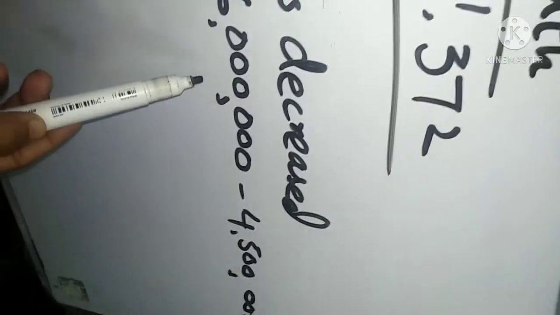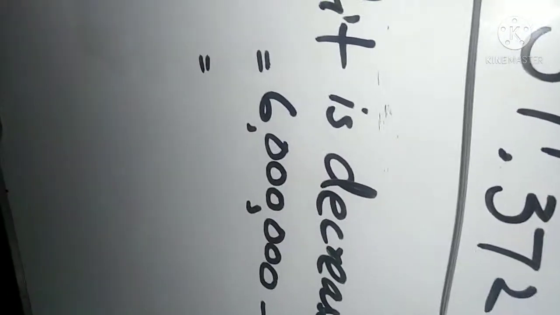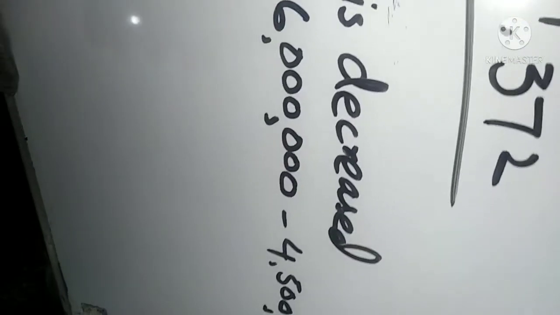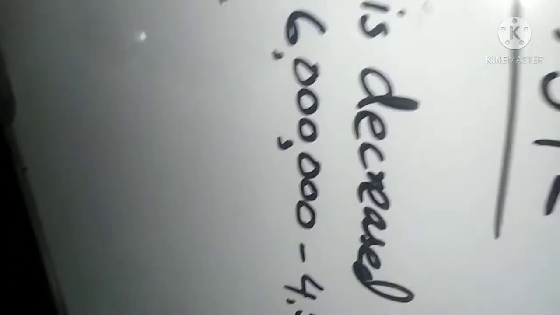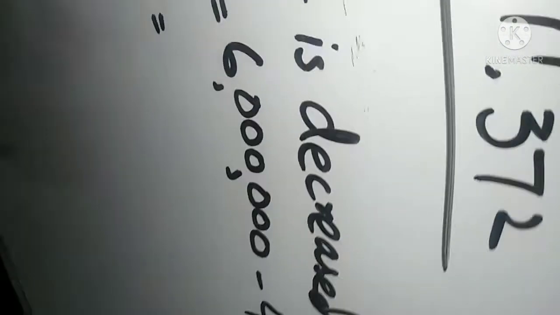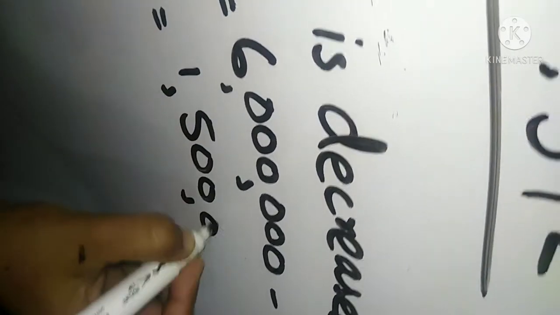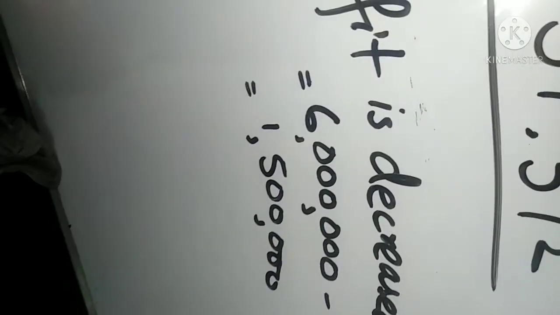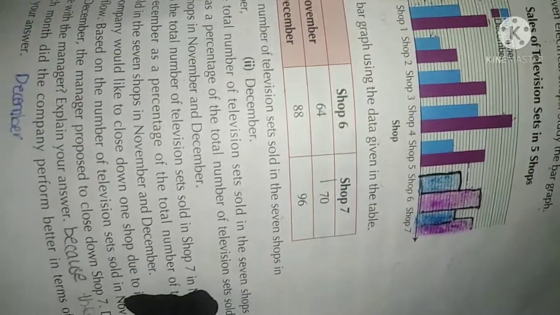I'm going to raise it and do it clearly so that you can see the board. So students, to find out how much profit is decreased, you will subtract the profit of the given year from the previous year. In the previous year, 2008, the profit was 6 million, and in 2009, the given year, the profit is 4,500,000. So when you subtract 4,500,000 from 6 million, you will get 1,500,000 decreased in 2009. Okay, so I hope that now this question is clear to you. Question number 1 of the practice is clear to you.